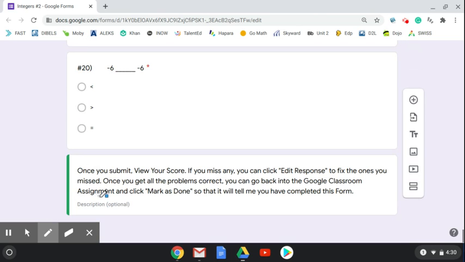One note here at the bottom, once you submit, you can view your score. If you missed any, I'd like for you to click Edit Response so you can fix the ones that you missed. And once you get all the problems correct, you can go back into the Google Classroom assignment, click the button that says View